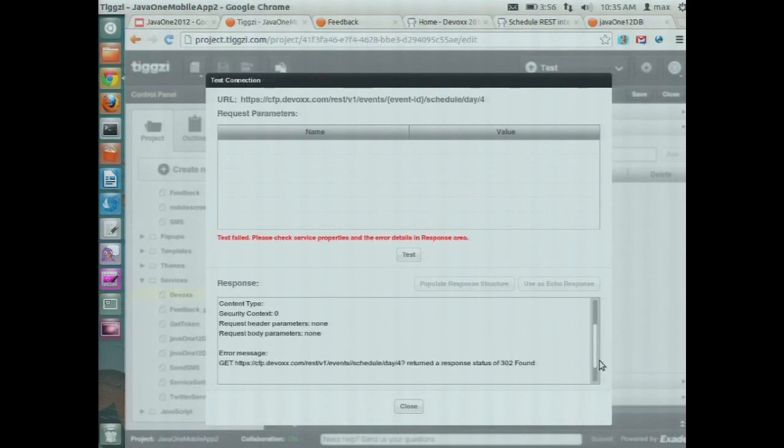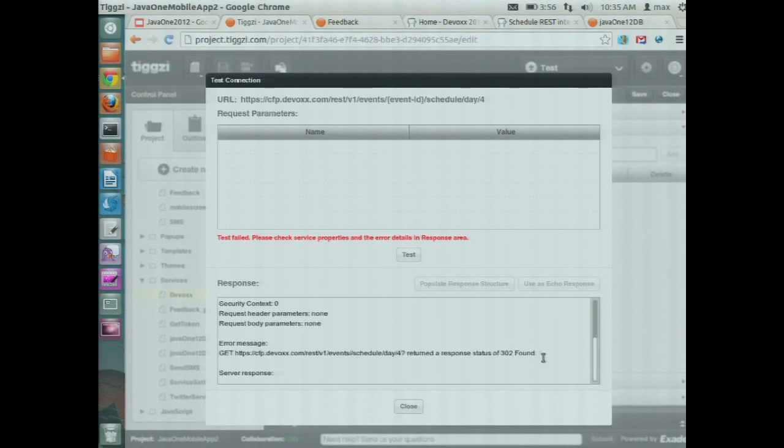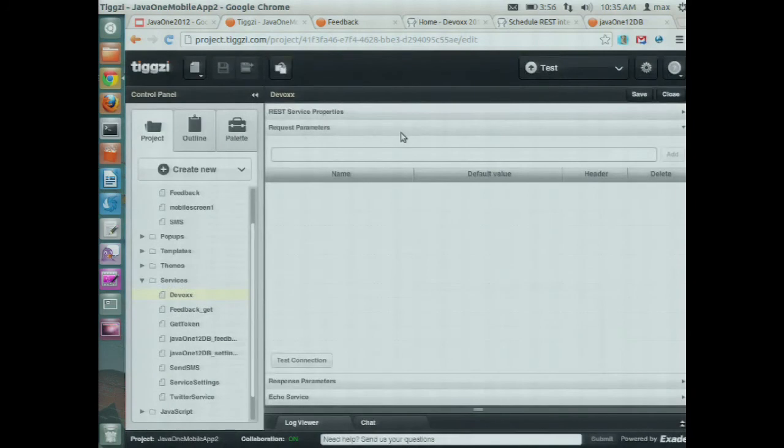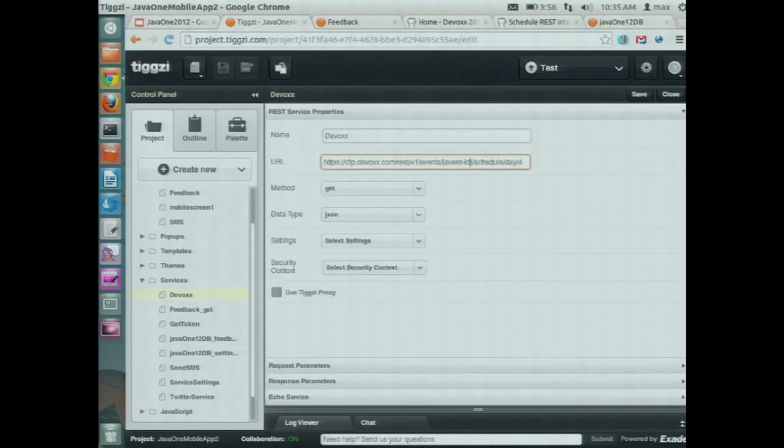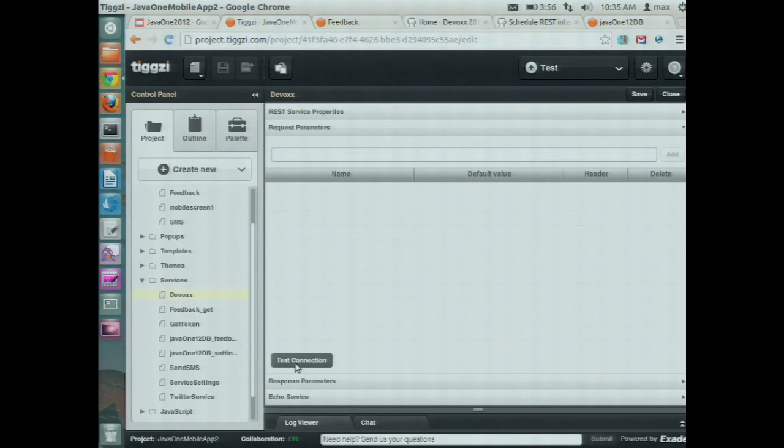So this is very useful, and you can see the actual response is I didn't specify the event ID. All right? So again, if you get an error, it's not a bad thing. It's actually pretty useful to kind of see, oh, something is wrong with the URL maybe. And we can easily go and now know the ID for this event is 7. All right? And test connection,